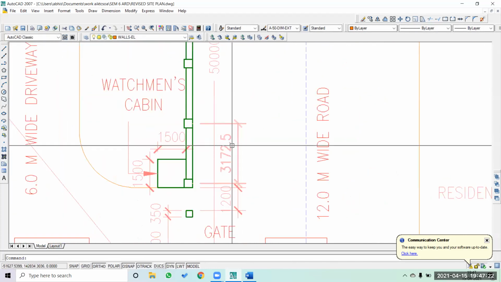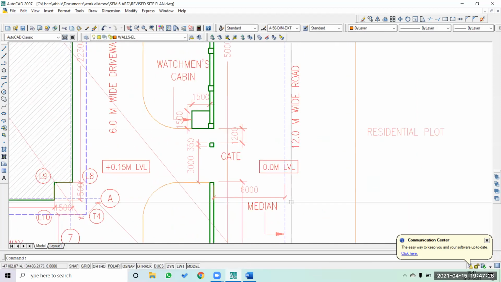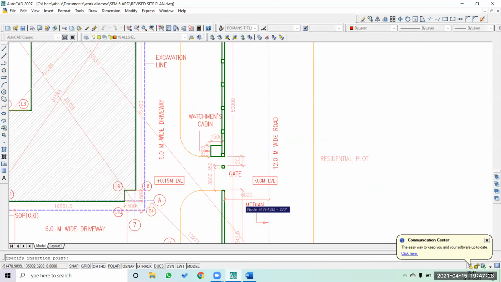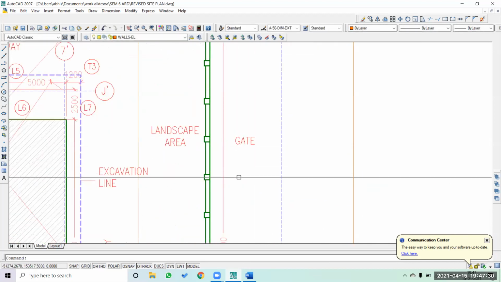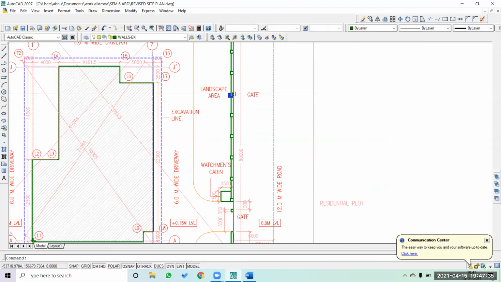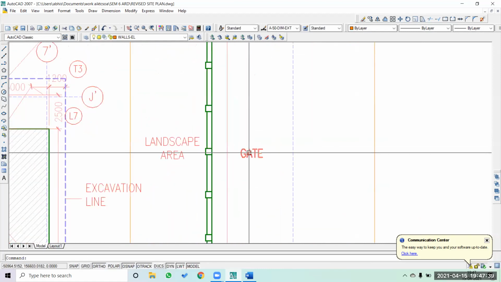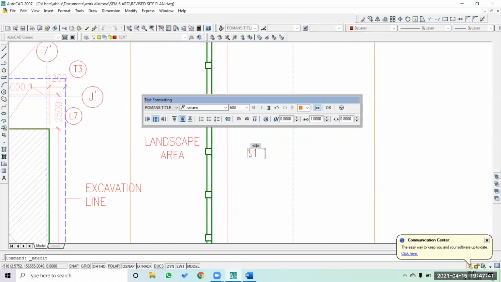You may not give the dimension of this. What information you can give here is: all piers, 1 2 3 4 5 6 7 8 9 10 11 piers on this wall.